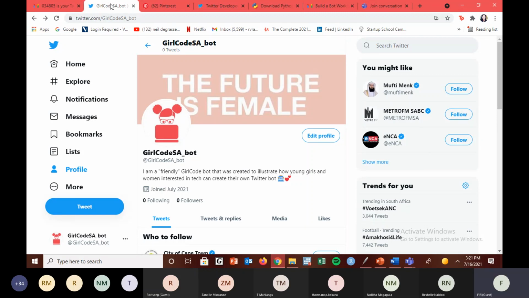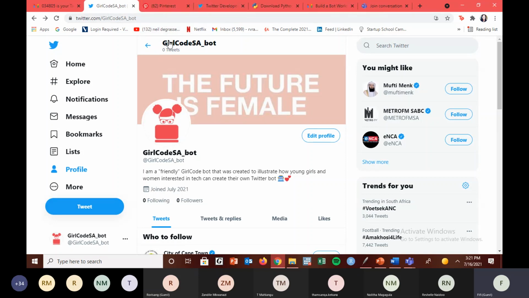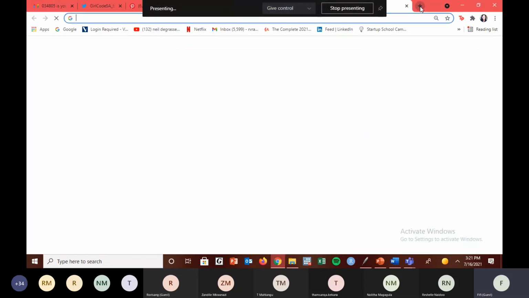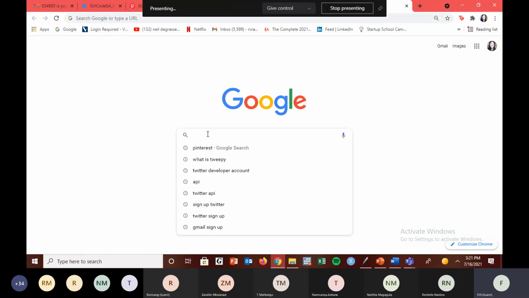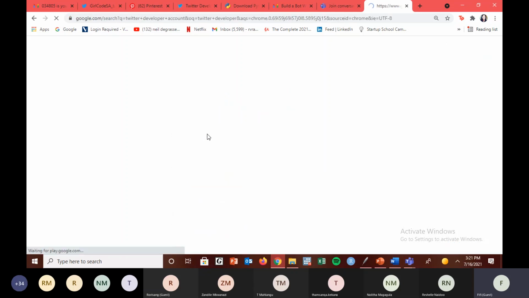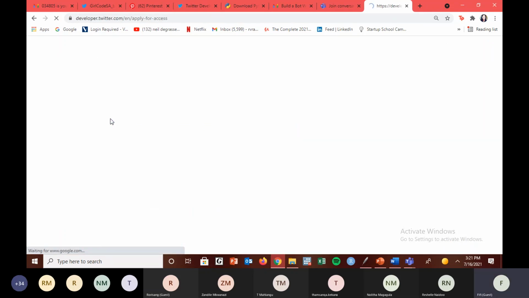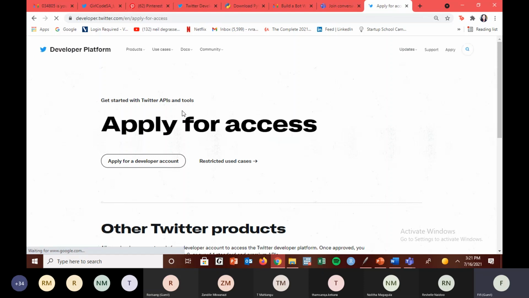Okay, so now, once you've customized your Twitter accounts, we're going to sign up to be Twitter developers. I've already opened the tab here, but I'm going to type it into Google so you can see. So Twitter developer. And it's just click on the first link